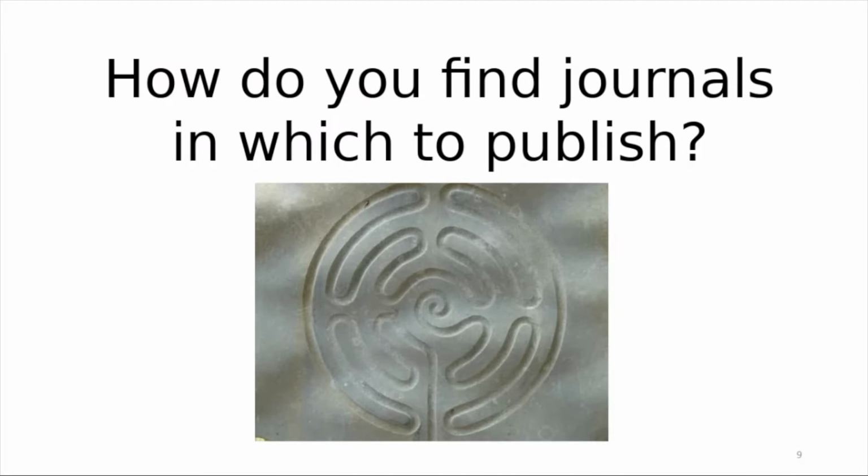So how do you find journals in which to publish? I'd love to hear your thoughts about this. So if you could tell me in the chat, that'd be really great. So how do you normally find journals in which to publish? So we'll just allow a couple of minutes for everybody to gather their thoughts about this and post in the chat. Okay, Scopus. So Sam's actually using a database to find publications. Great, that's brilliant. We're going to go into that a bit more about how to use databases and resources to find